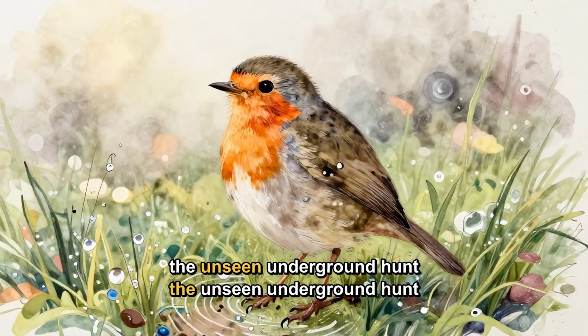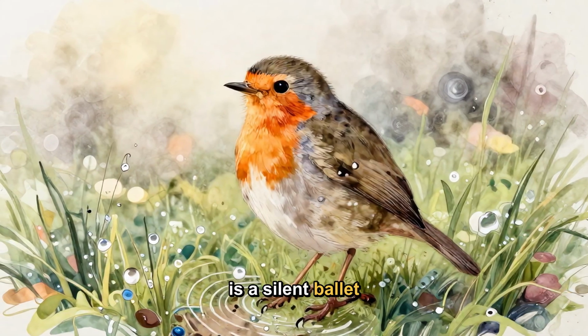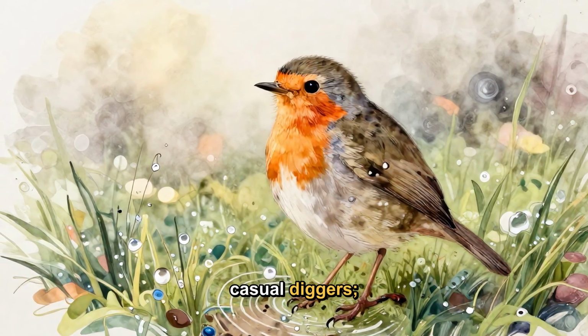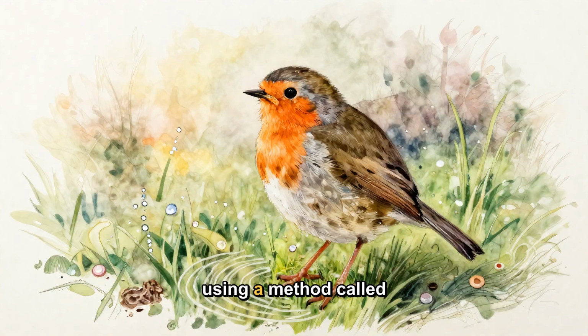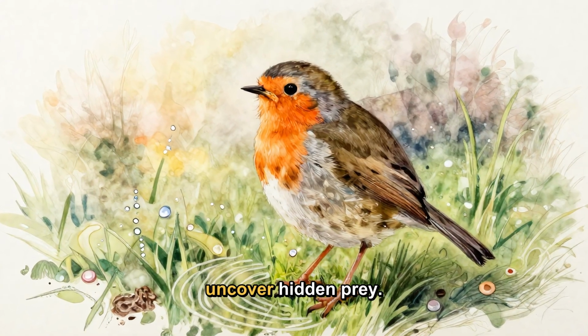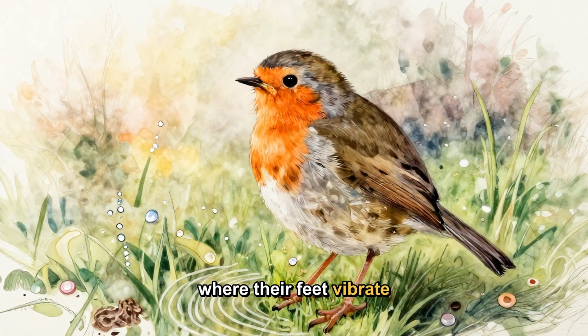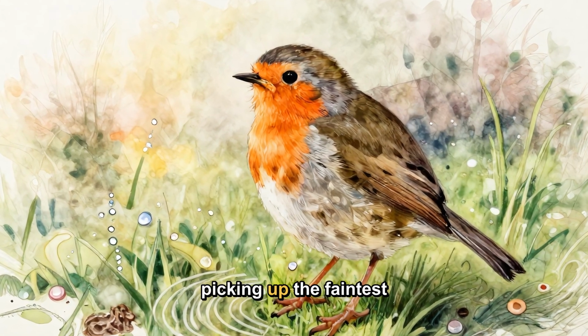Number 1. The unseen underground hunt is a silent ballet played out beneath your feet. Robins are not just casual diggers, they are precision hunters, using a method called the feeler technique to uncover hidden prey. This involves a delicate touch, where their feet vibrate the ground like a tuning fork, picking up the faintest